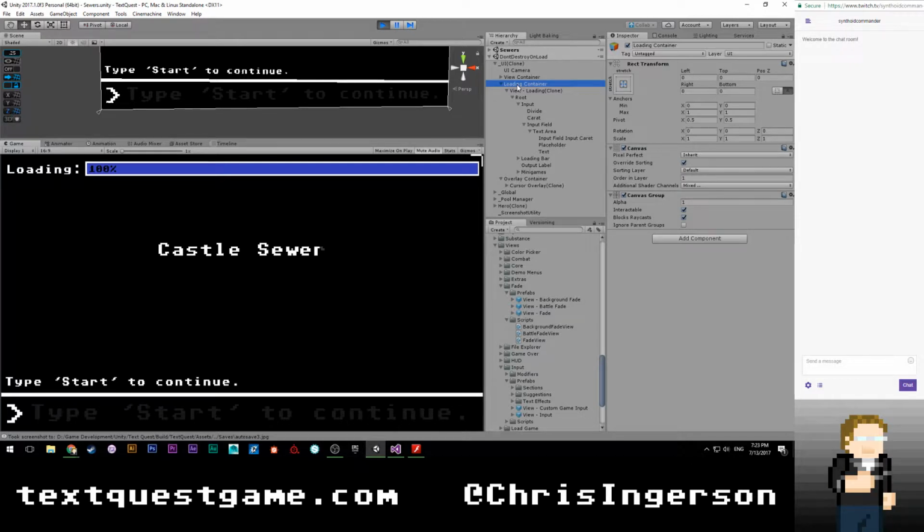Loading container blocks raycast, but that shouldn't matter because whatever I'm doing is below it. Interesting. Huh. I am at a loss. I actually don't know. There's nothing that would seem to indicate that this is not working, but it's not, which is really weird.